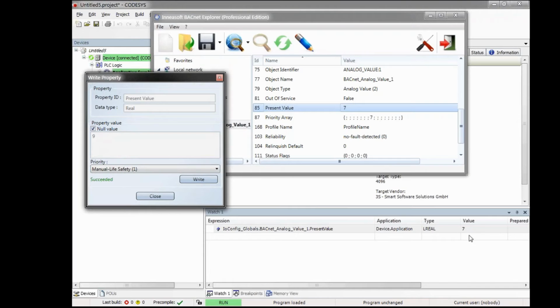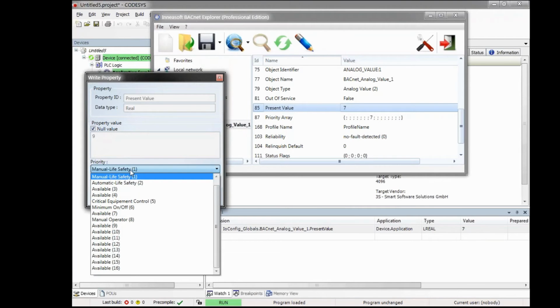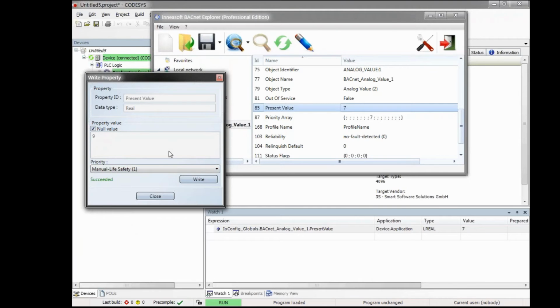You see the priority of the value which was written before is still there. So this is also an implemented functionality of the stack. Now we can also reset the value again with a high priority reset value, for instance.